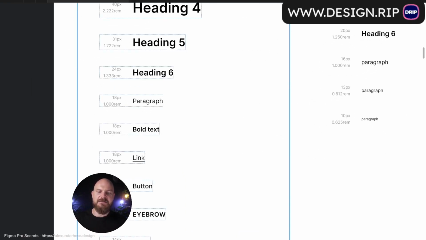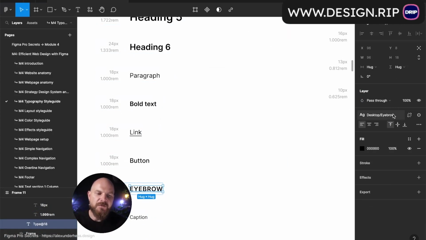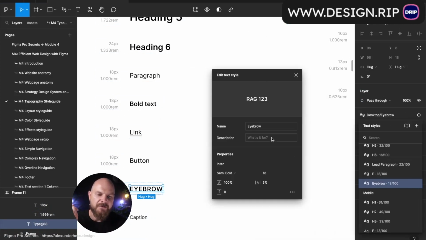In this case, don't forget that you can create the description for the element, and eyebrow used as a style